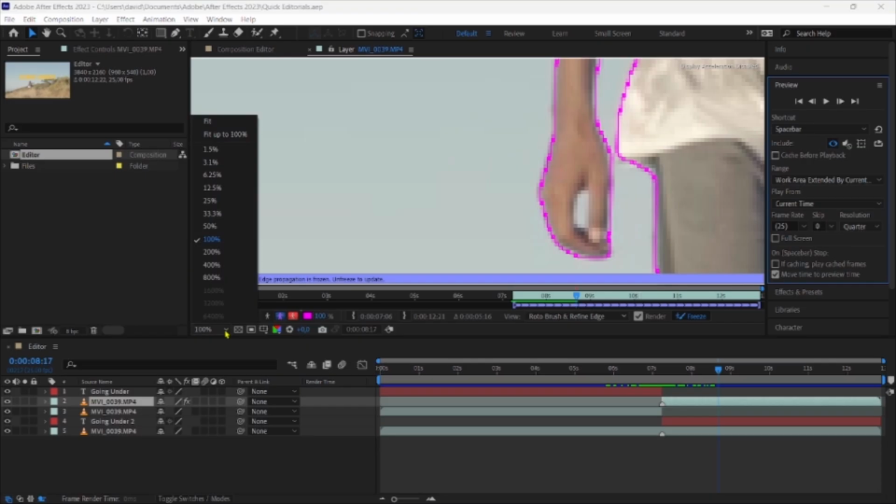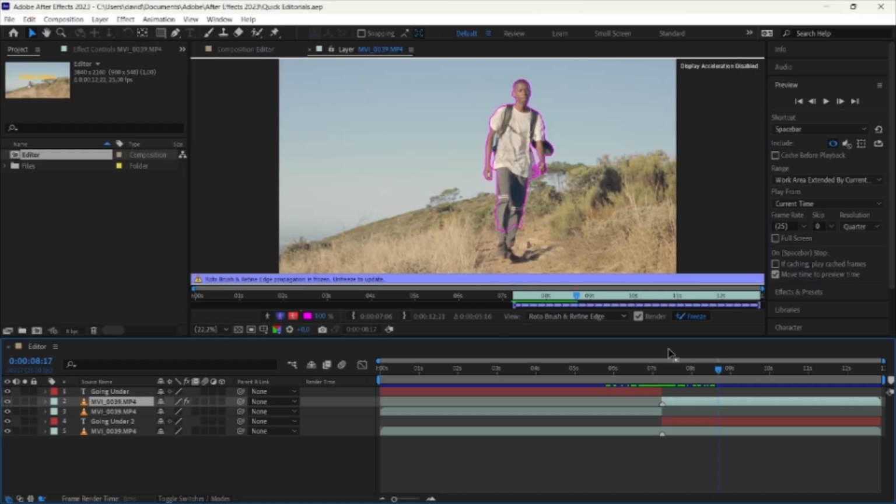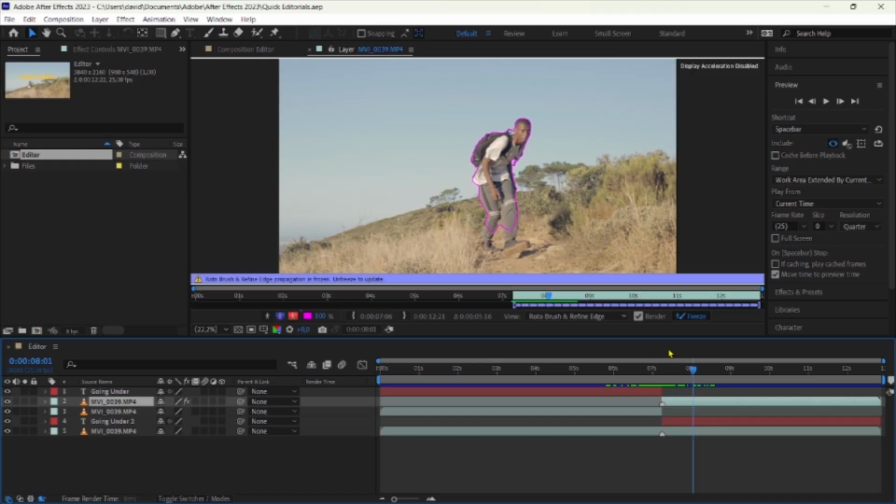Another way you can do it is, let's say the point that you want has already passed, you just press Ctrl on your keyboard and select the back arrow key. When you select the back arrow key, it will go backwards, just like that. So this is me basically going backwards. Or you can move it forward using the forward arrow.